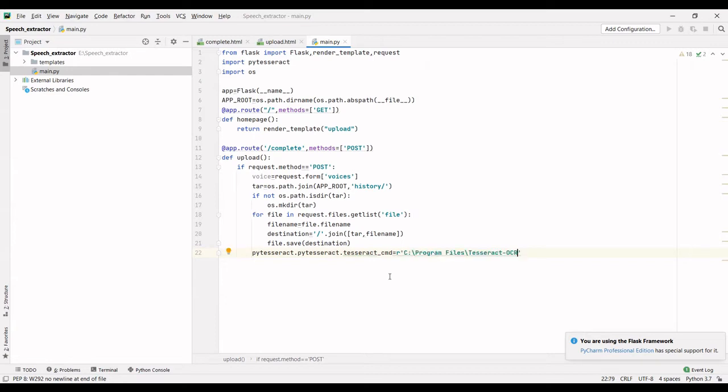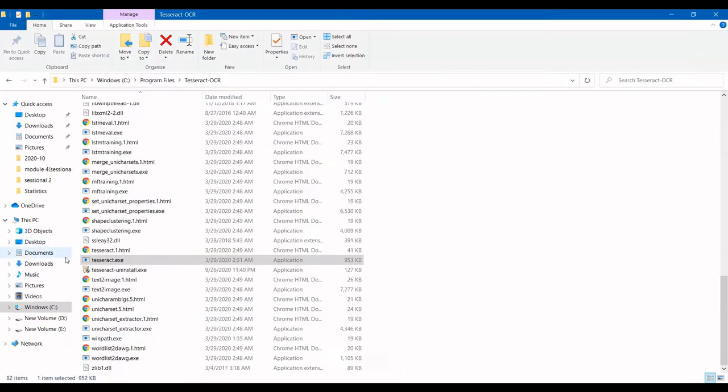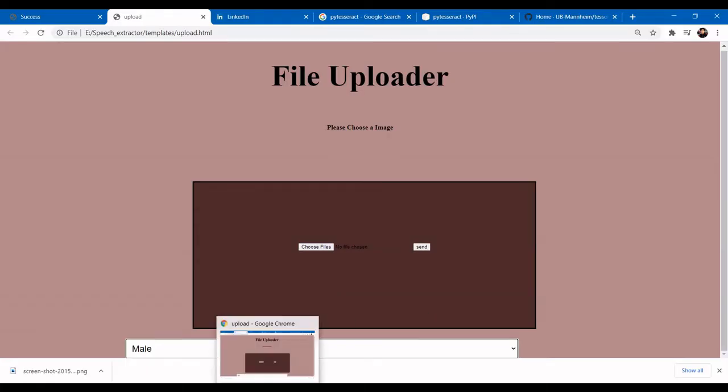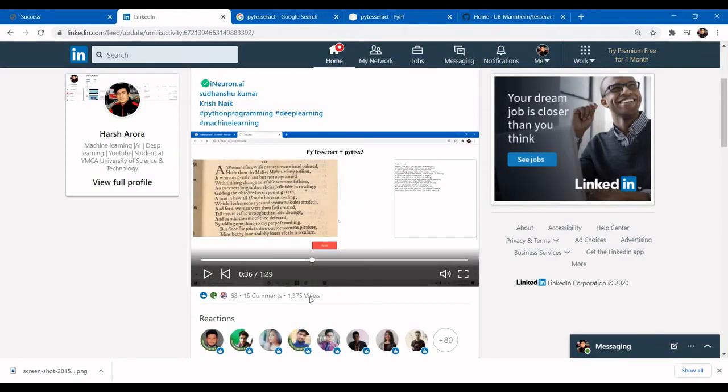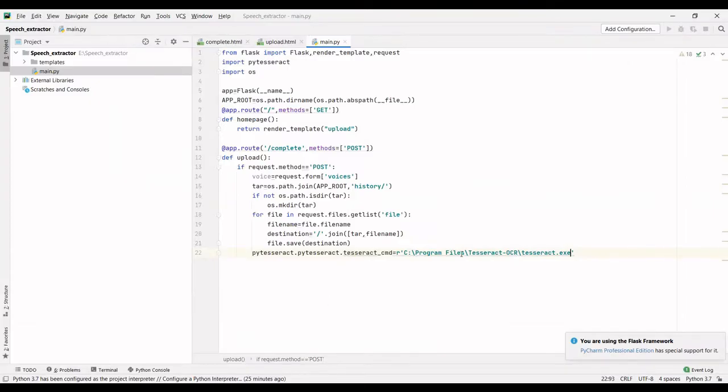And after that my location will be tesseract.exe. You can see this. We have to give this full location of that, by which it will be able to extract all the words. So after that